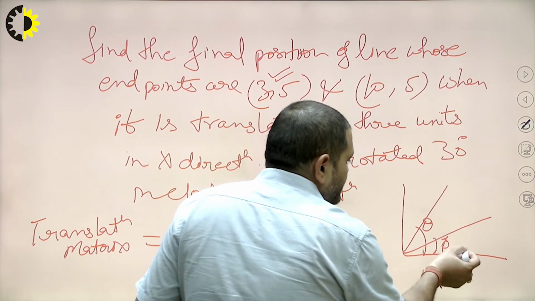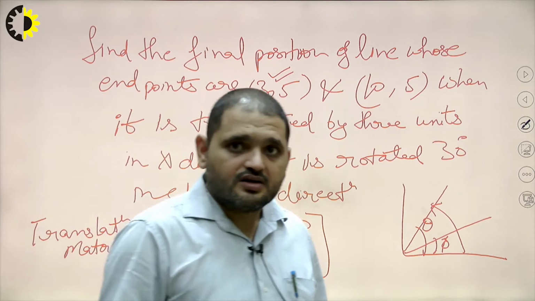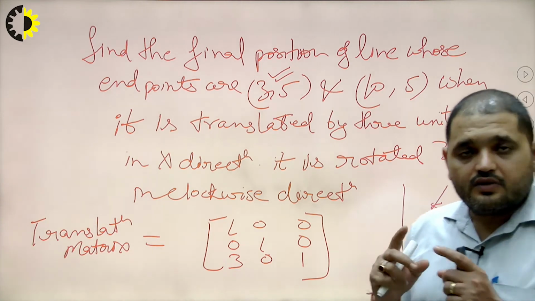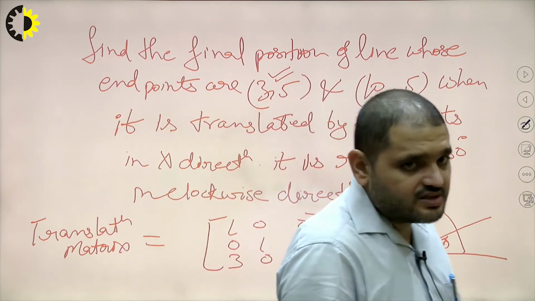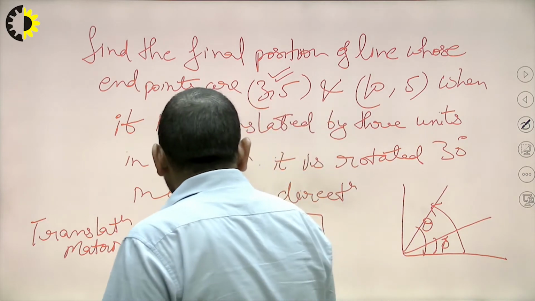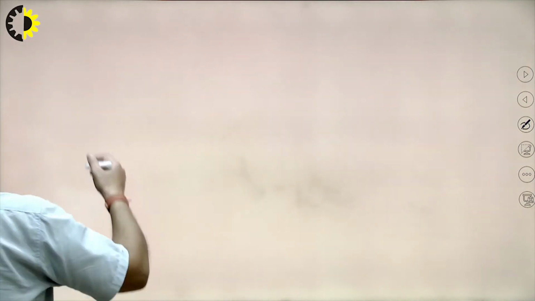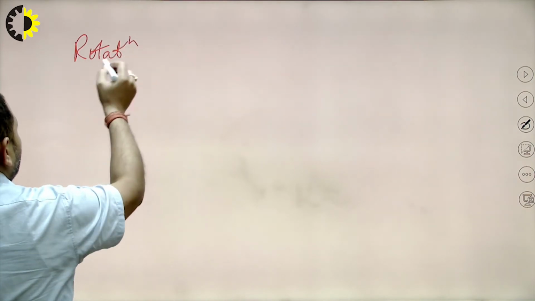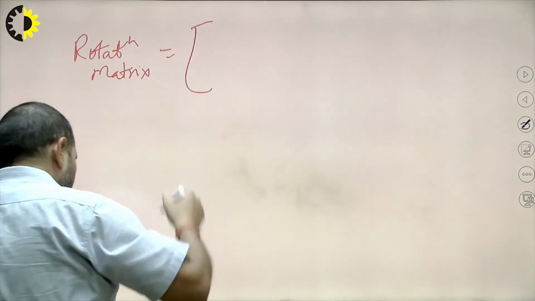So for the clockwise direction, theta will be negative, because we derived that rotational matrix for the anti-clockwise direction. So for the rotation matrix for 30 degrees clockwise rotation, I can write: